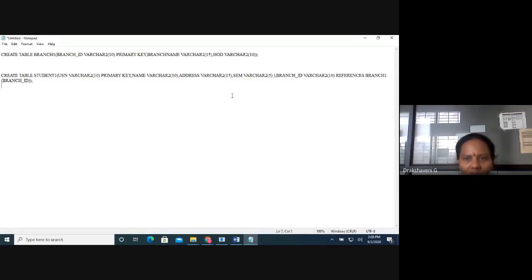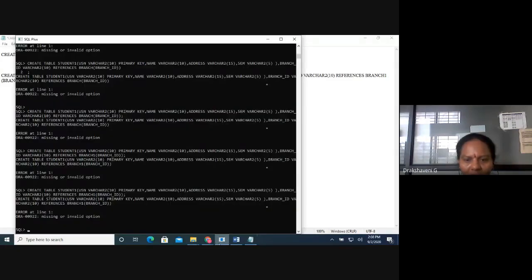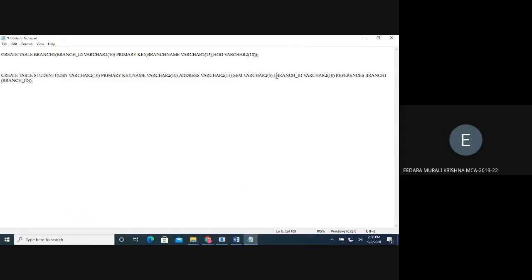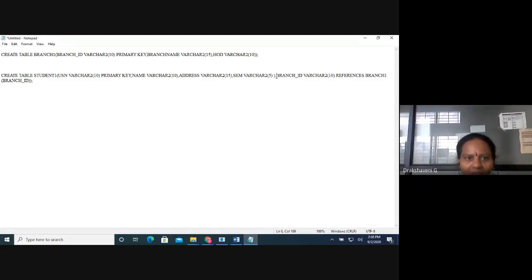There is a space where it is showing the mistake. After sem. What is this? Brackets, I think, ma'am. Yes, sir. One bracket, one bracket. Bracket, right? I removed the bracket. Bracket, branch 1, branch ID.